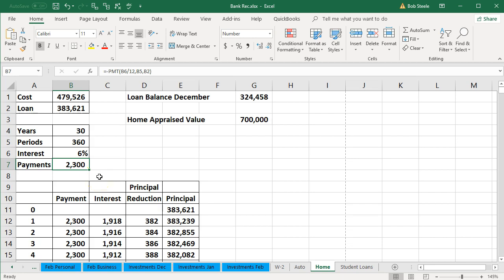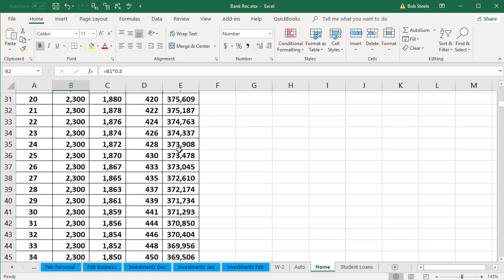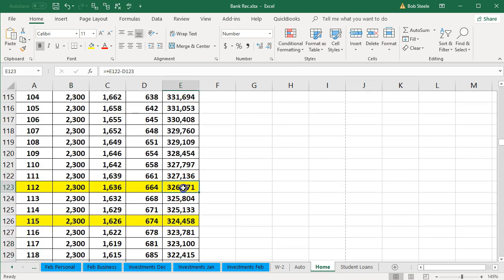When we first enter this on the books, we're probably just going to enter it from the loan statement, so we don't need to enter it this time. We won't enter it just as the loan balance, but at the balance of the prior statement. And whatever the prior statement says, we're going to say that we're on this payment, the 112. So we're going to say that they're just telling us to pay this 326,471. That's the loan balance as of the point in time we put it on the books.